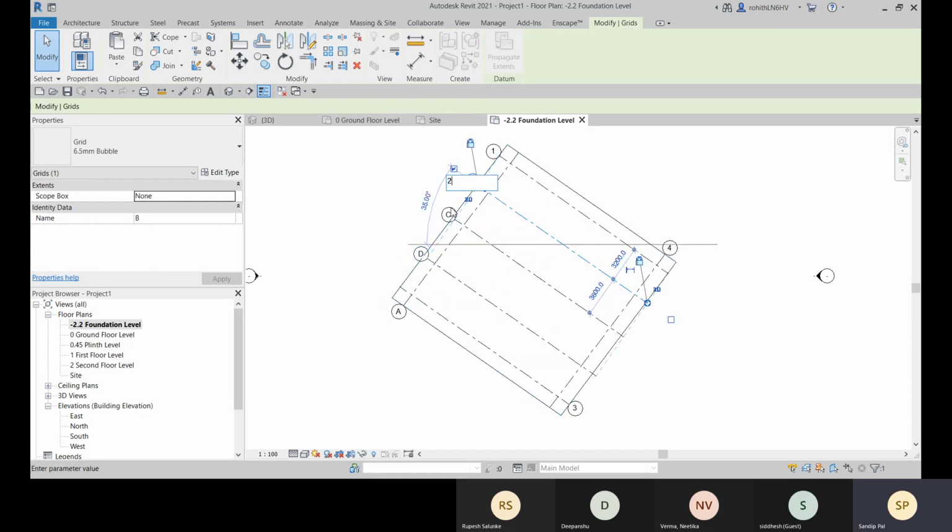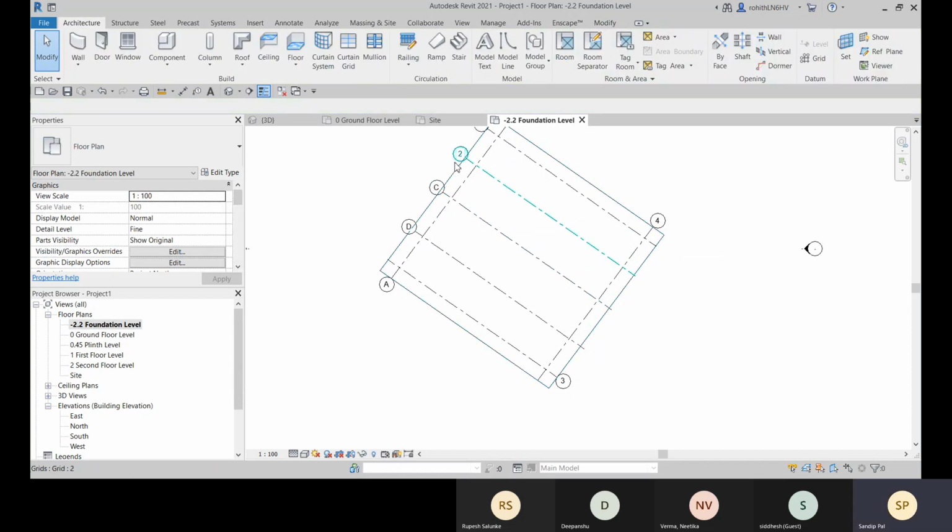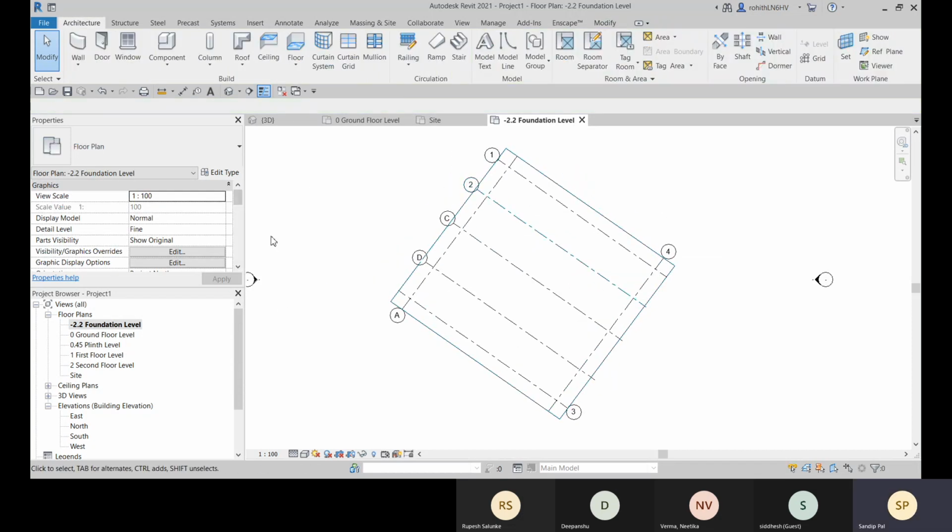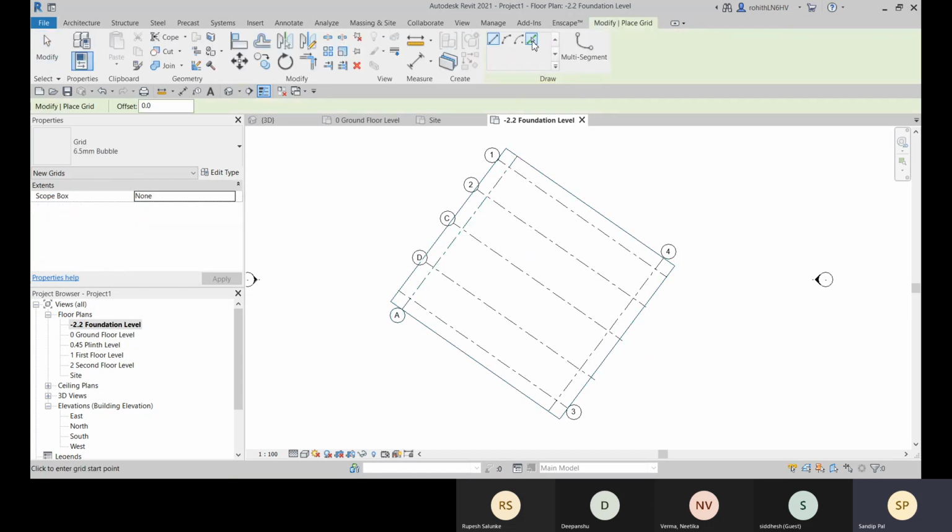Let me change the name later. Let me place some more grids over there.